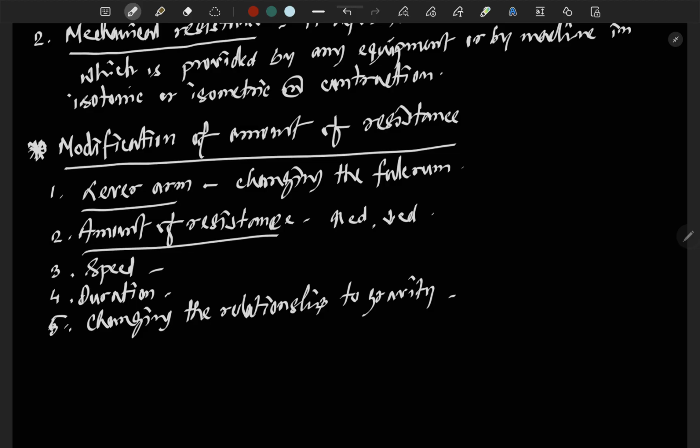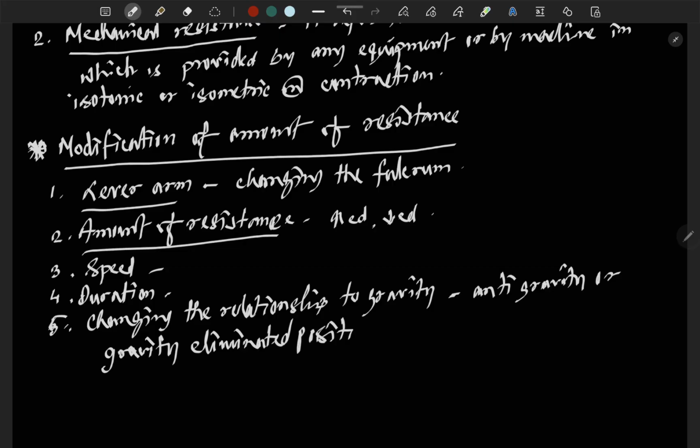Suppose anti-gravity or gravity eliminated position. Number six is repetition. Okay,